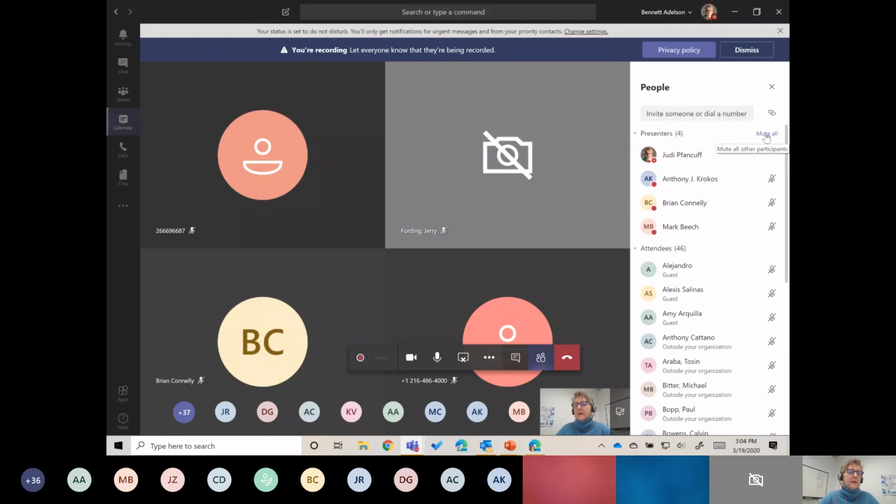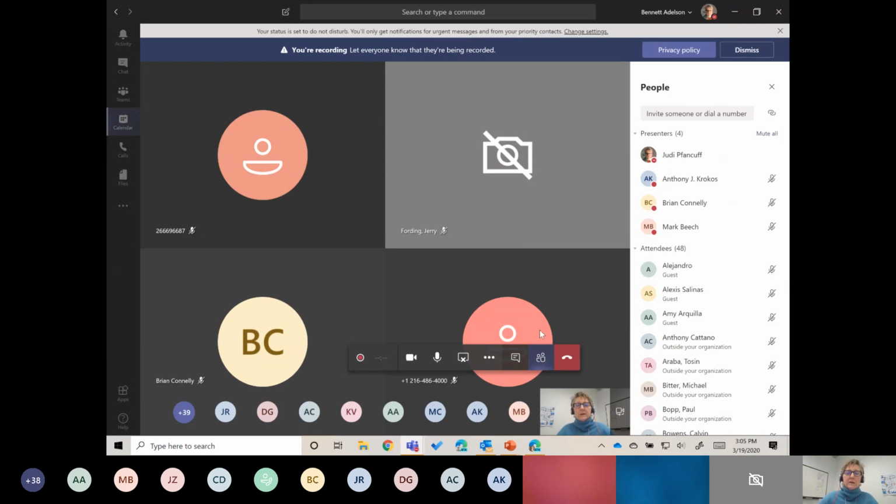I've clicked that, and we've done that because sometimes in a larger group you get distracting background noise. I wanted to point out that only the presenter should use that button during a meeting, because when you click it, you mute everyone except yourself. So if someone else is talking and you click it because somebody's background noise is bugging you, you'll have muted the presenter. In a case like that, it's a good idea to just ask the presenter to click the mute all button. While we're on the subject, there's no way for anyone else to unmute you. Only you can unmute yourself.